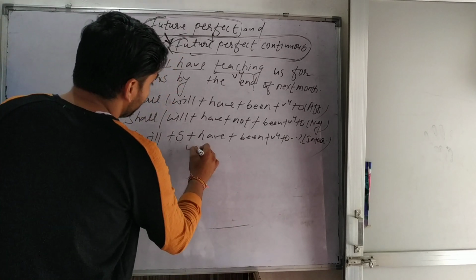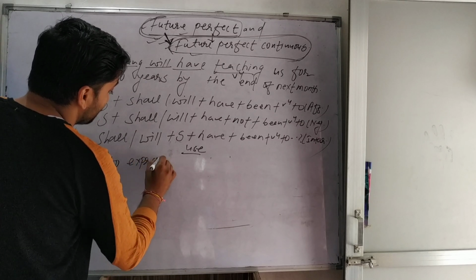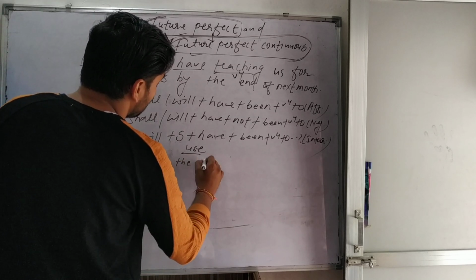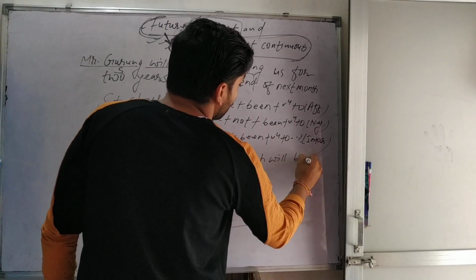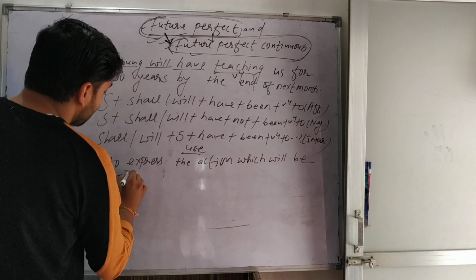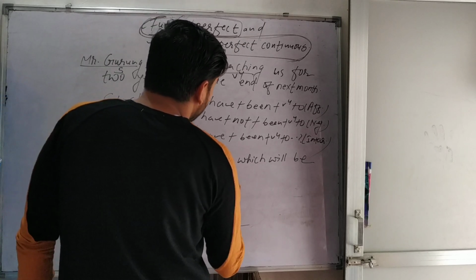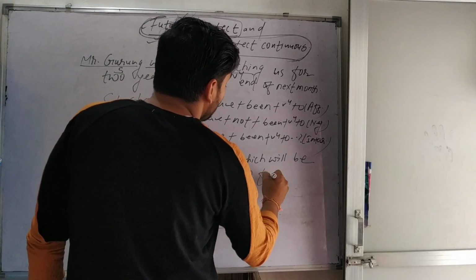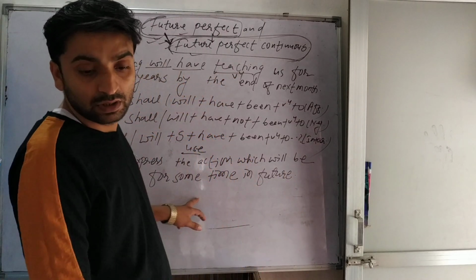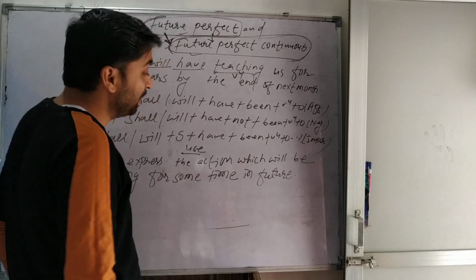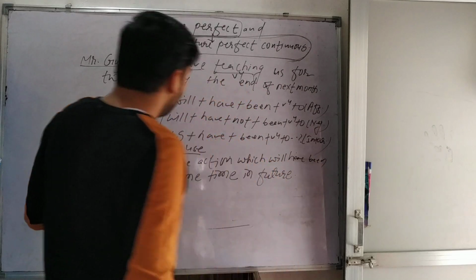So here future perfect continuous is used to express the action which will be going on for some time in future. Okay, better to say will have been going on for some time in